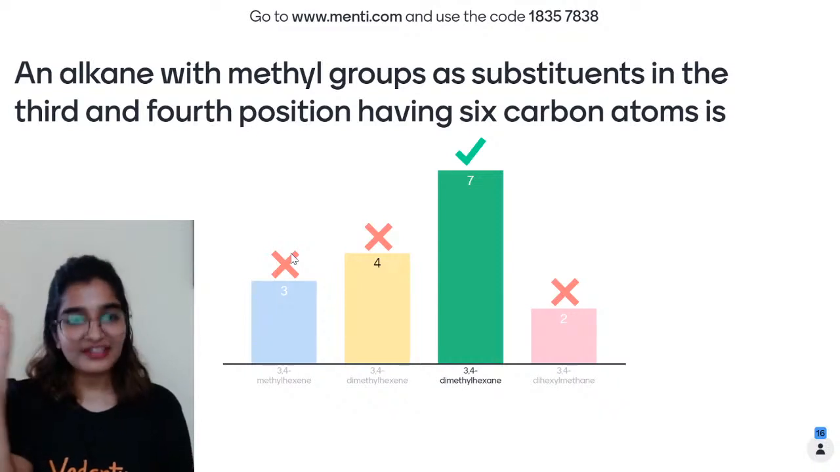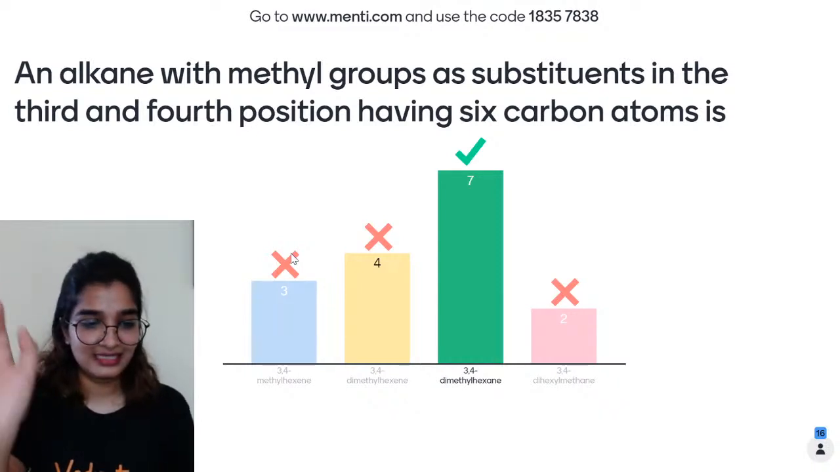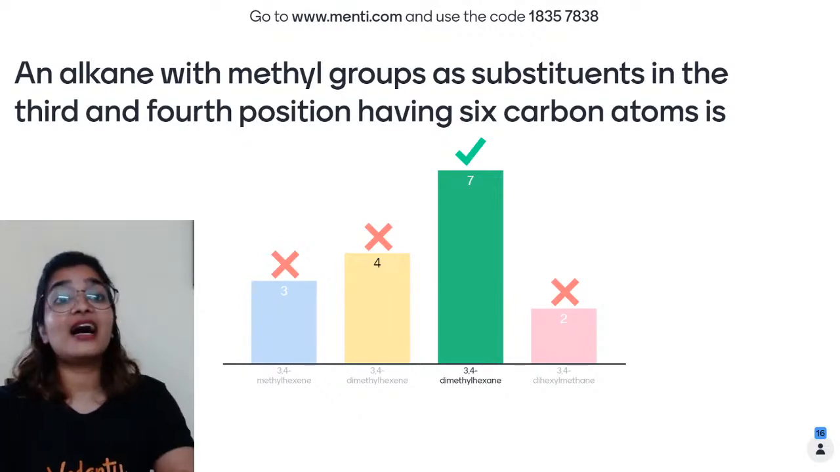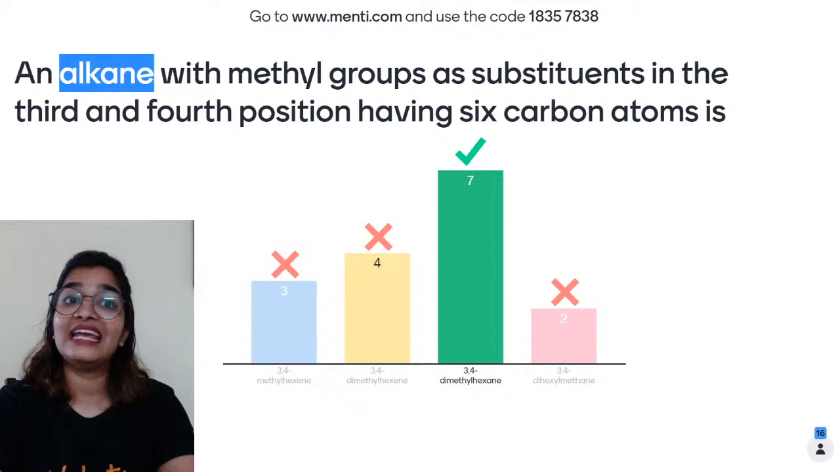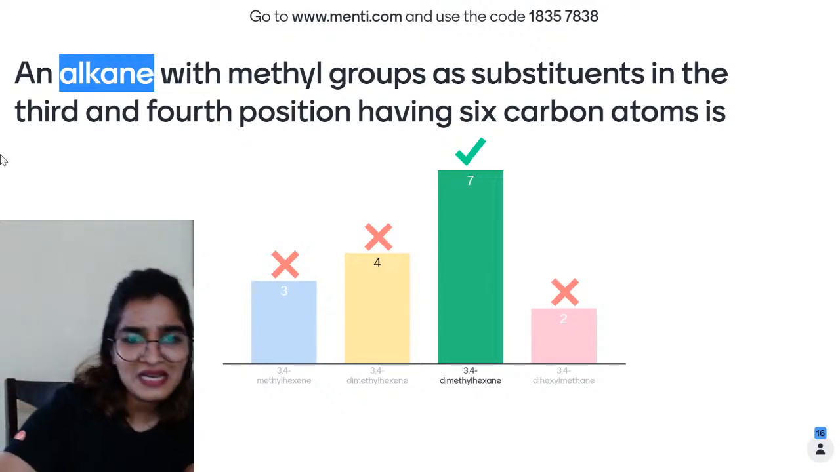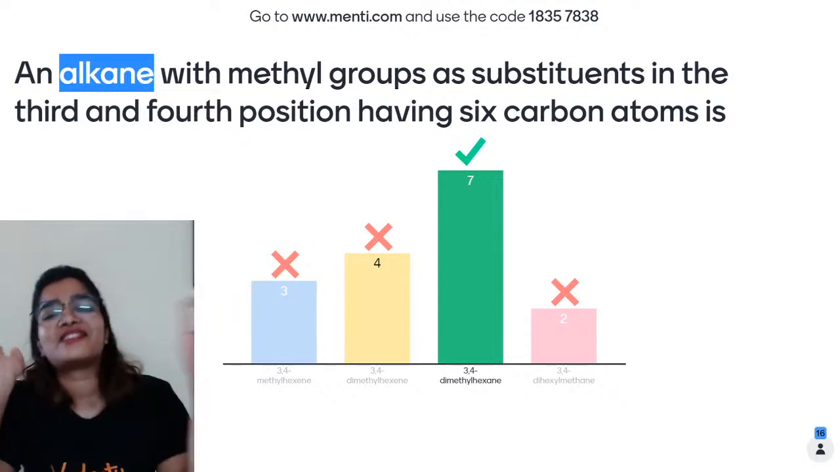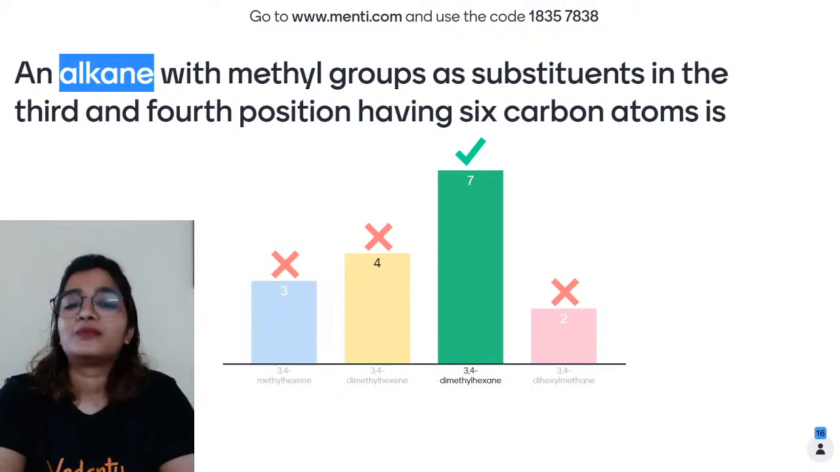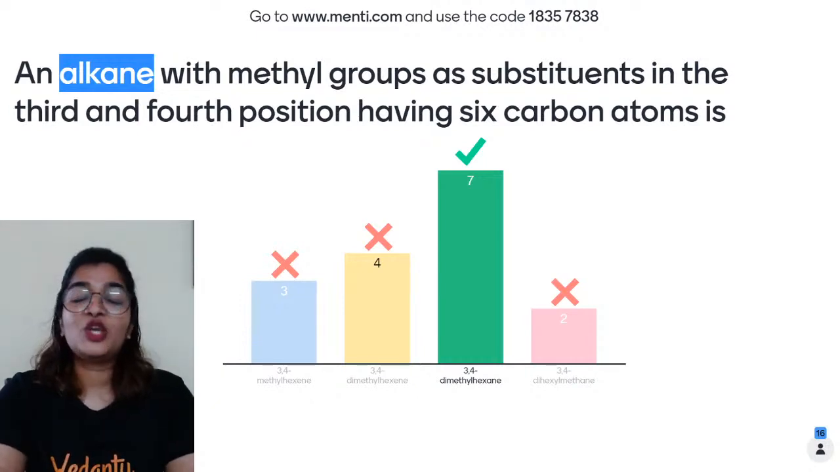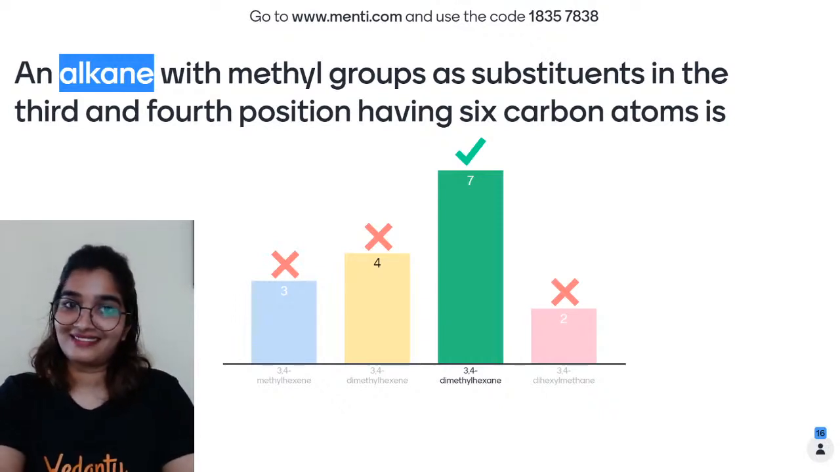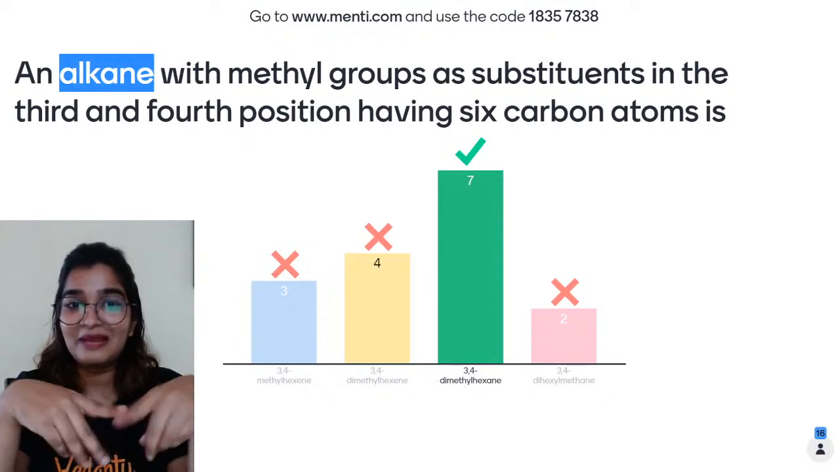Firstly, listen. Read this one. An alkane. Alkane means there will be only a single bond between the carbons. Still people were like hexene, hexyne. Okay, yeah. Where? How? Why? Why did you do that? Right? Does it make sense? Yes? Just now it did, na? I mean,